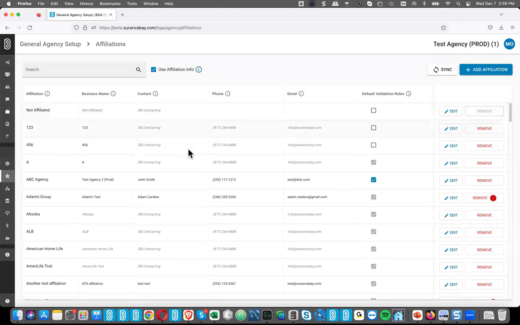So you'll see for this 123 affiliation, I haven't customized any of the contact information. It's inheriting whatever the agency settings are, right? So the main office manager name, the phone number, the email, those are all inherited from the agency settings. But you can see down here, I actually have customized the contact information for this affiliation, ABC agency.